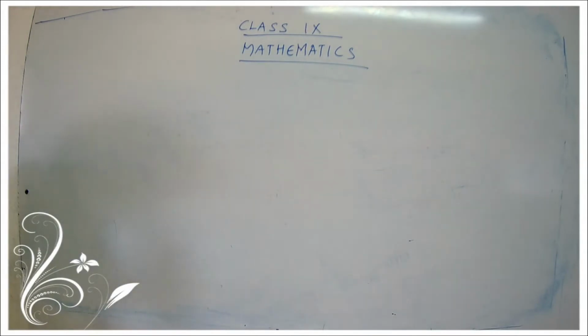In the previous class, we have seen about the different sets. Yes children, for the last two classes we have been seeing about the different types of sets. That is, we have seen about the empty set, then a singleton set, finite set, infinite set, a cardinal number of a set. Then we have also seen about equivalent sets and what are equal and unequal sets. So these are some of the points that we have seen in our previous classes.